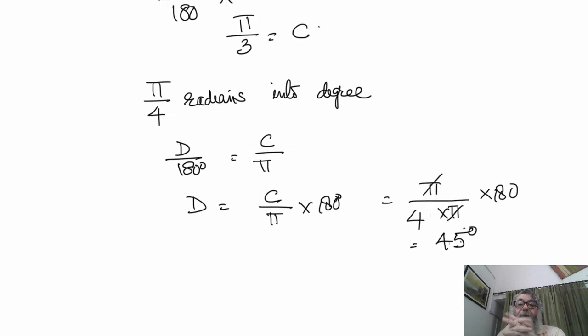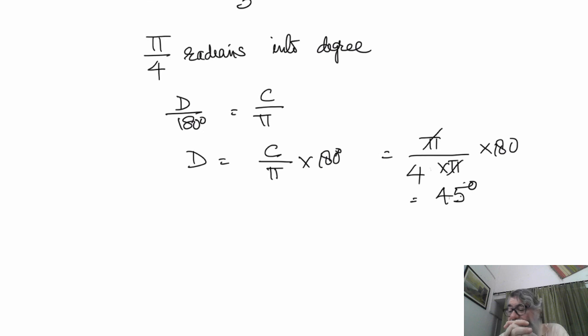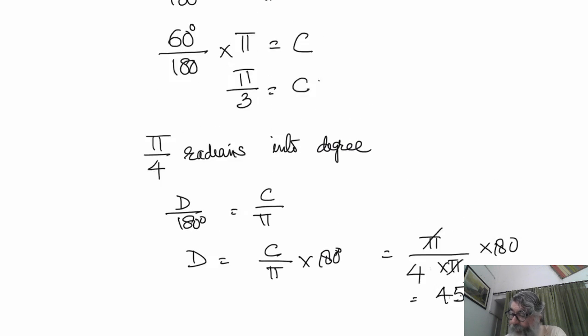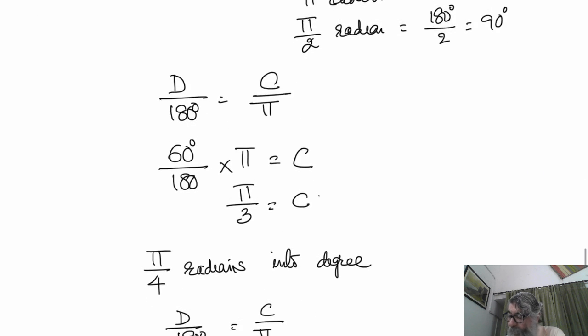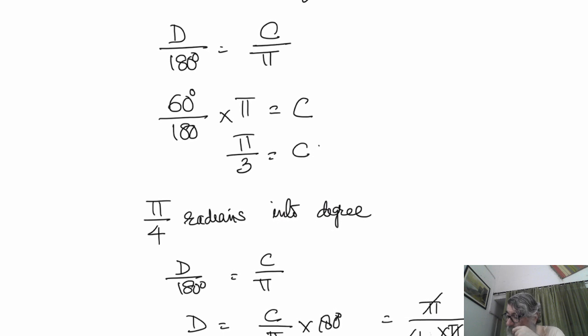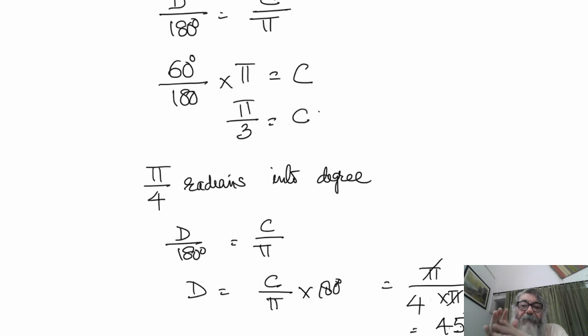We converted 60 degrees into radians as pi by 3, and pi by 4 radians into degrees as 45 degrees. Wherever pi appears, please take the value to be in radians. Another thing is that don't take the value of pi to be 22 upon 7, unless it is given in the question. And this brings me to the end of this discussion.